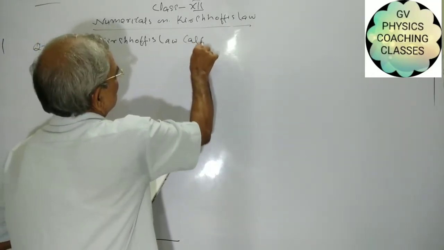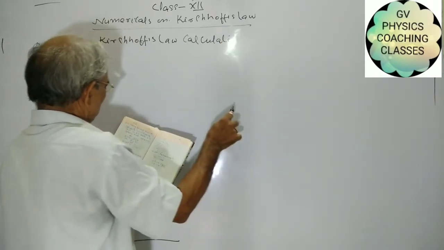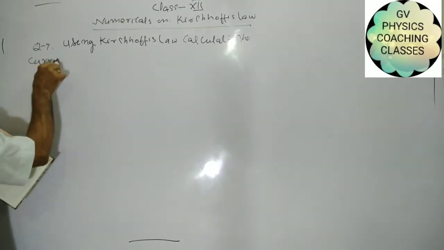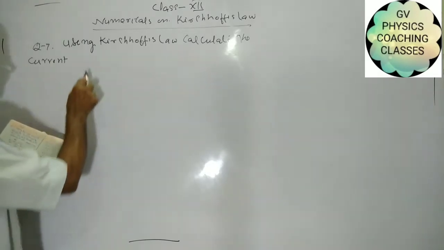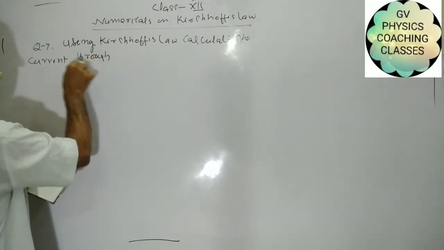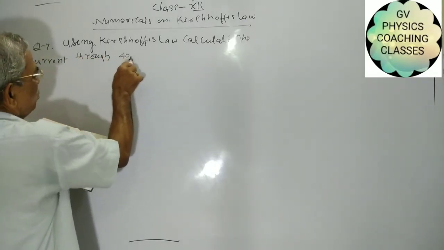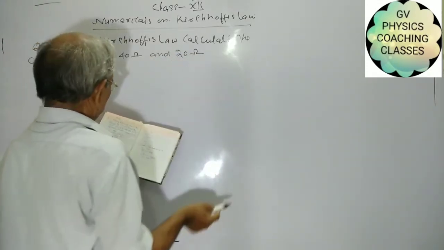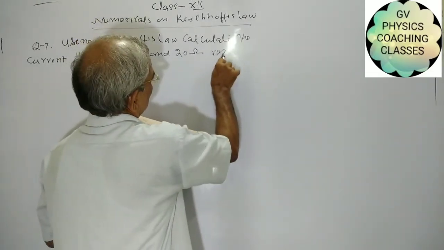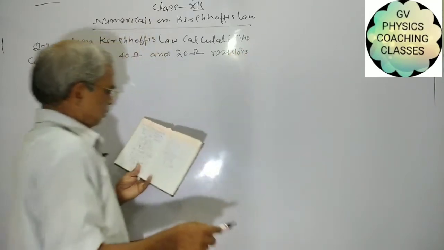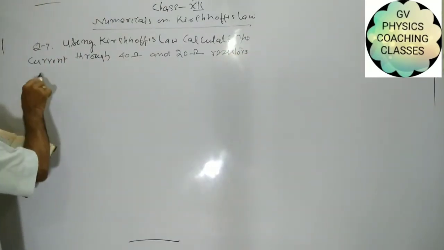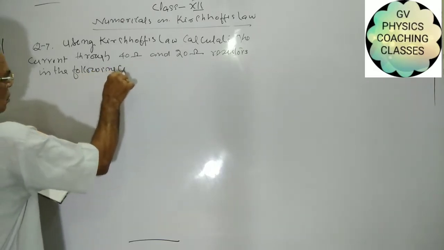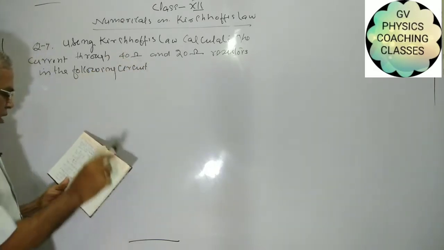calculate the current through 40 ohm and 20 ohm resistors in the following circuit. Our circuit is